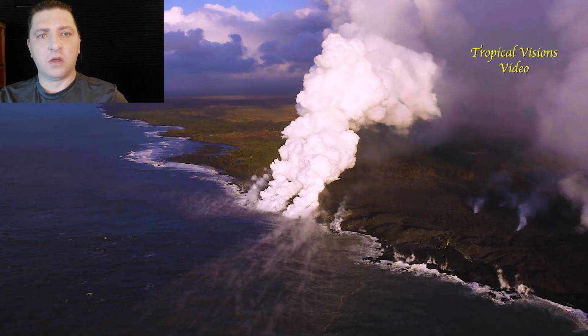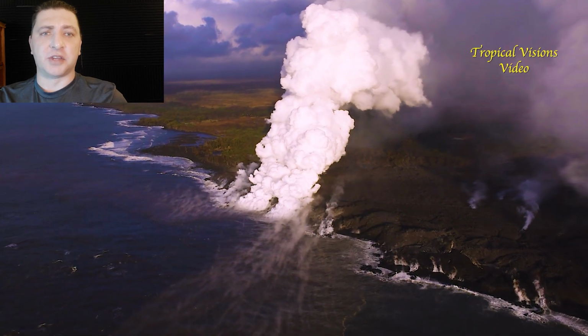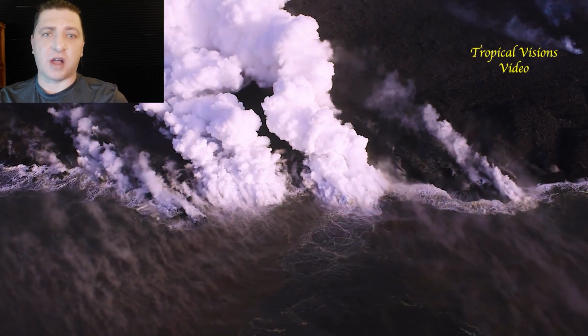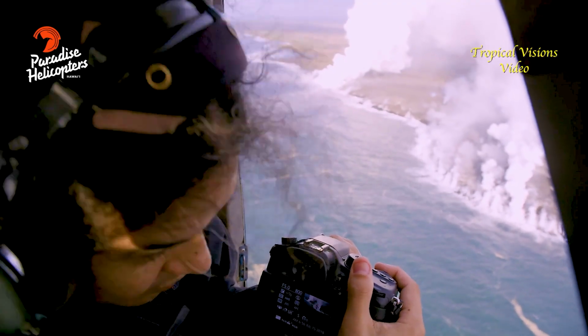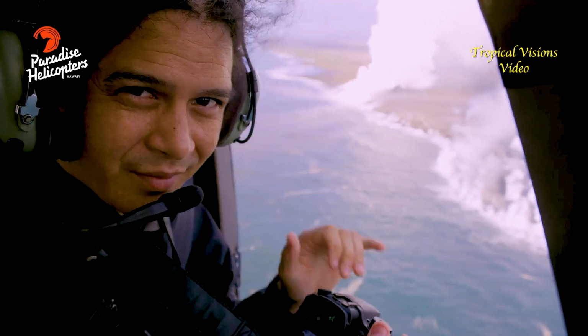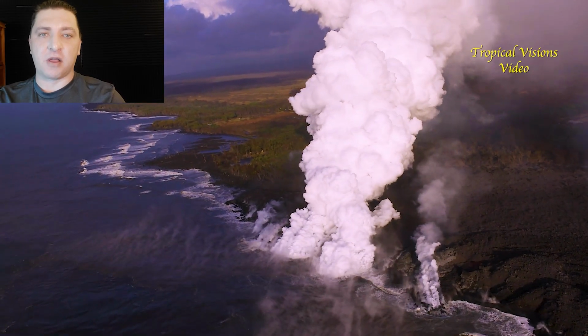Let's get into it. We pick up on July 15th back down at the ocean entry. The lava delta that has been forming over the course of June and July is now over 3.5 miles wide. A familiar face joins Mick, Kalber, and Bruce Omori in the morning overflight, and this centralized vent is the primary